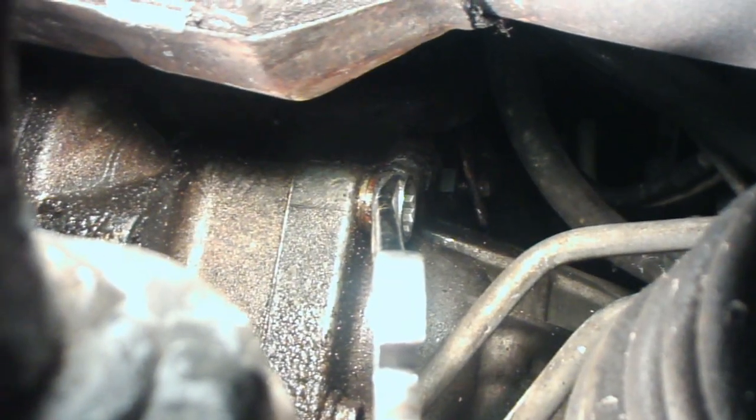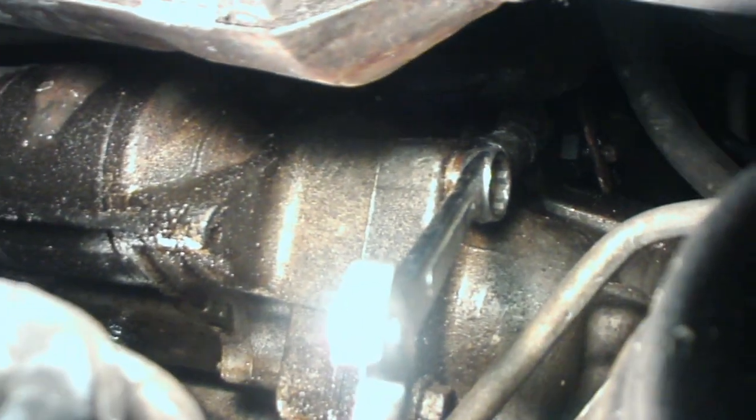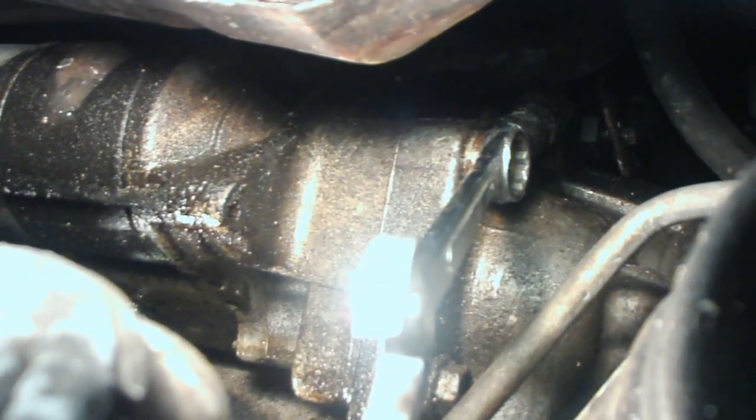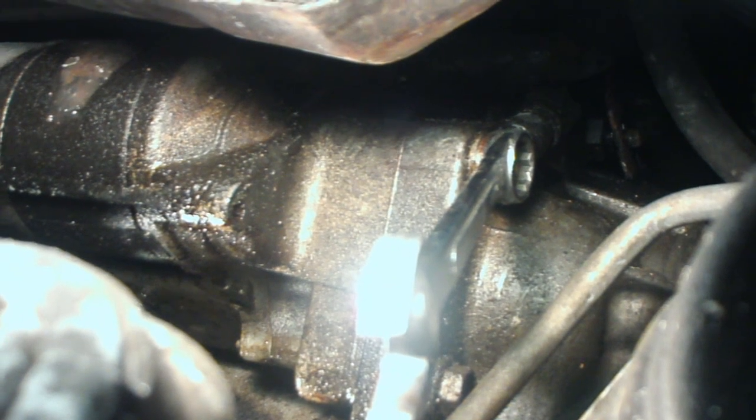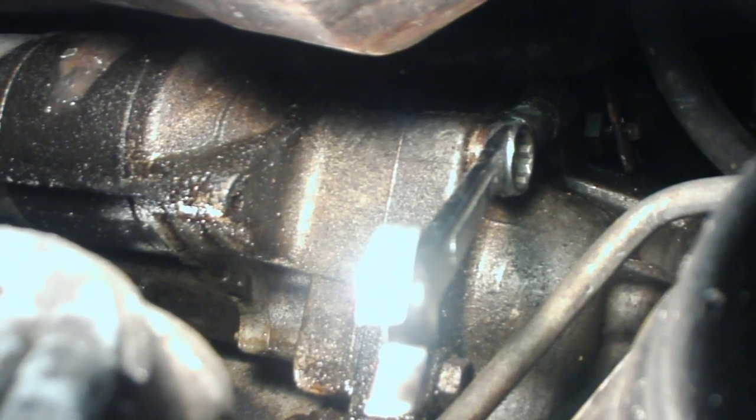Okay, so there's 3 bolts under here. One there on the bottom, one with my wrench on it, and another one a little bit above it. And I was going to do the top one first, but you've got to take this middle one off first because it has the ground strap on it. And once that ground strap's off of there, then you can get at the top one with a flex socket